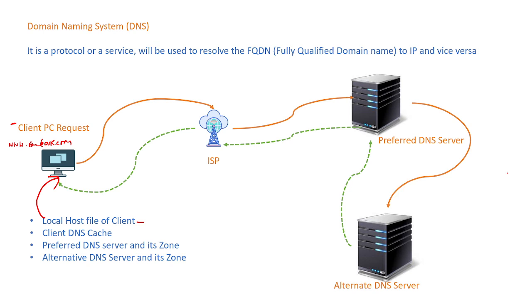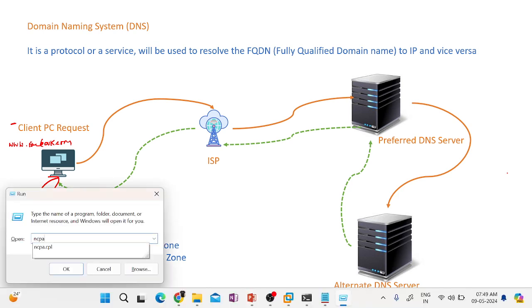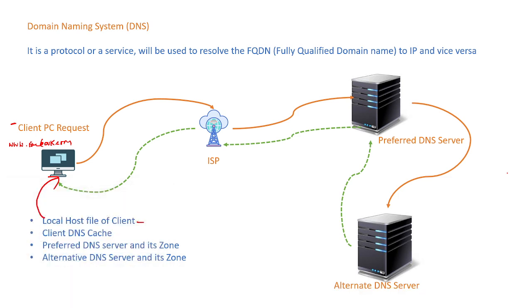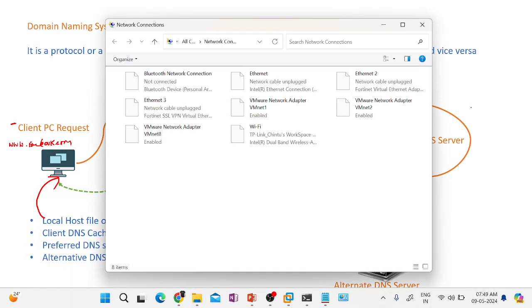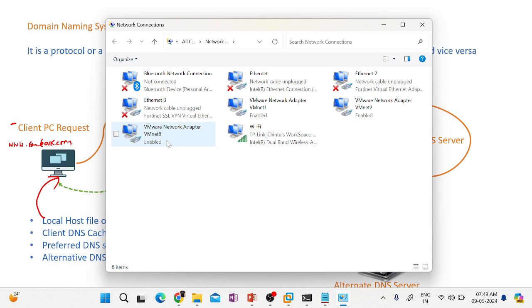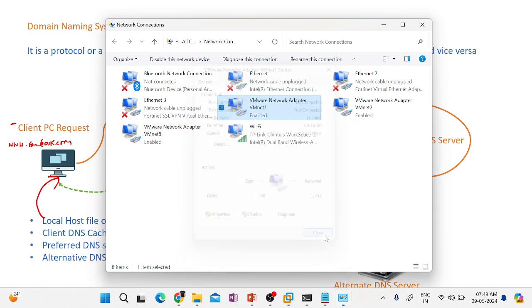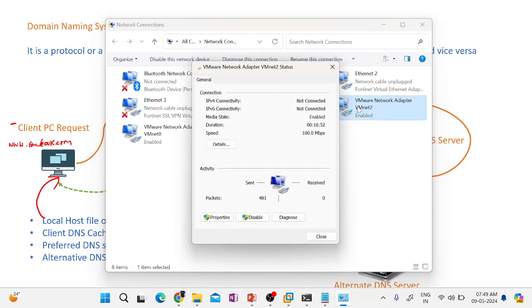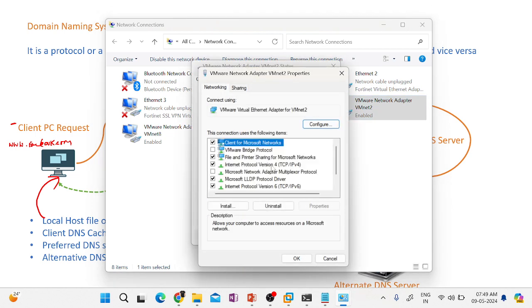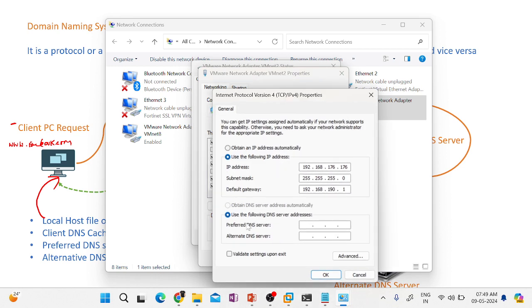You have noticed that when you give the IP address to a network interface card, if you go to ncpa.cpl and open the properties, in IPv4 you see a preferred DNS server and an alternate DNS server.